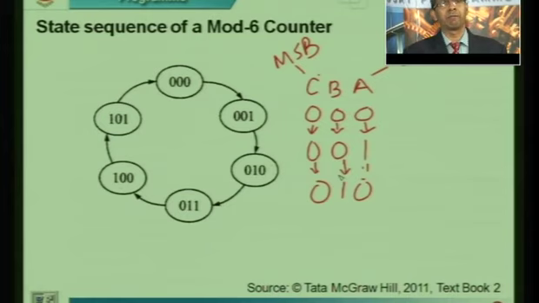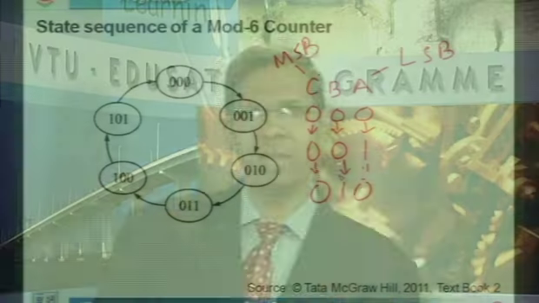So let us say we are going to have 3 flip-flops, C, B and A. All of these are JK flip-flops. So if these are JK flip-flops, let us call their inputs JA and KA for flip-flop A, JB and KB for flip-flop B, JC and KC for flip-flop C, and all of them are going to be clocked. So let us now write the state transition table, but before I go there, let us do a bit of a recap as to how we can write the values for set, reset, toggle or memory state.